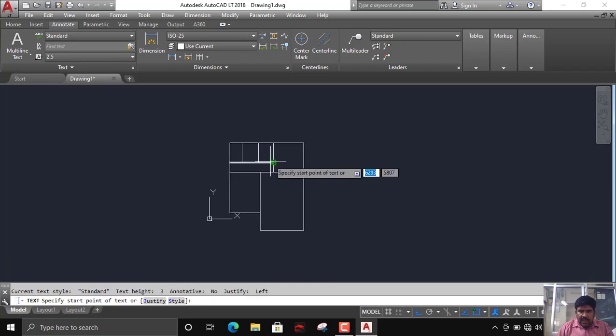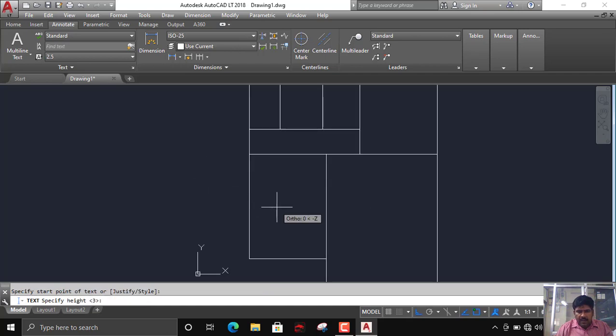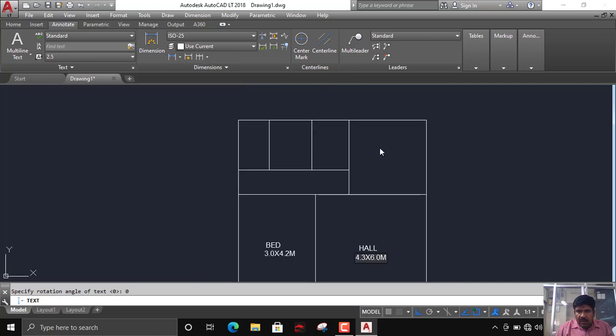I will just enter text. What is this room? Bed, of size 3.0 by 4.2 meter, right? And what is this room? Hall, 4.3 by 6.0 meter.